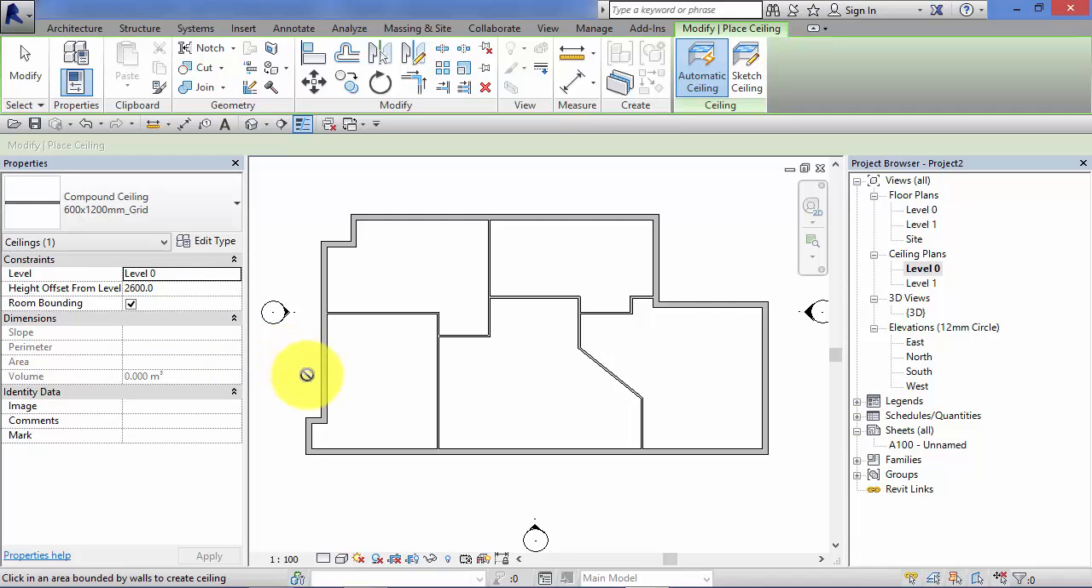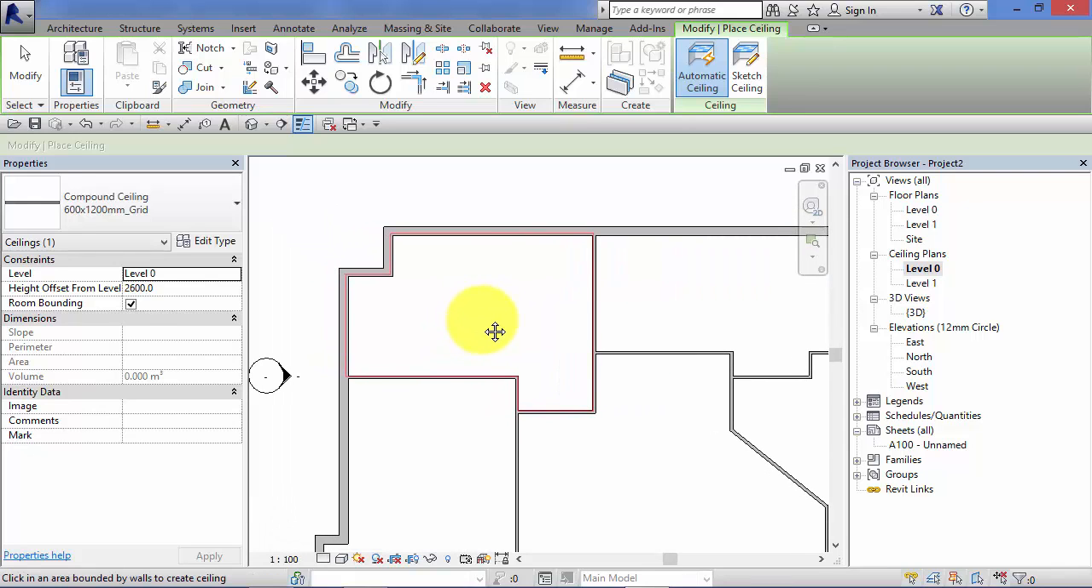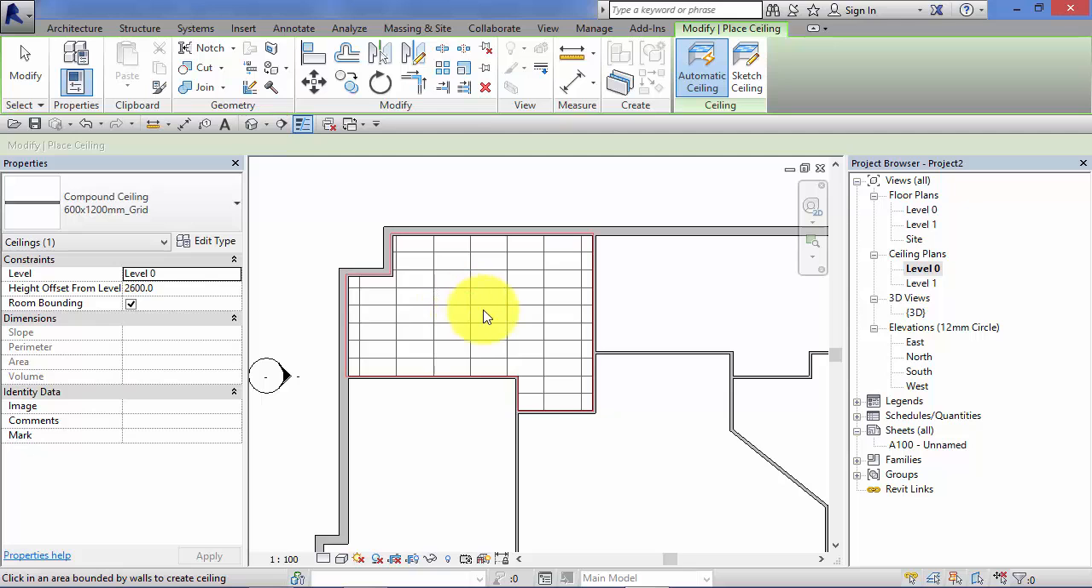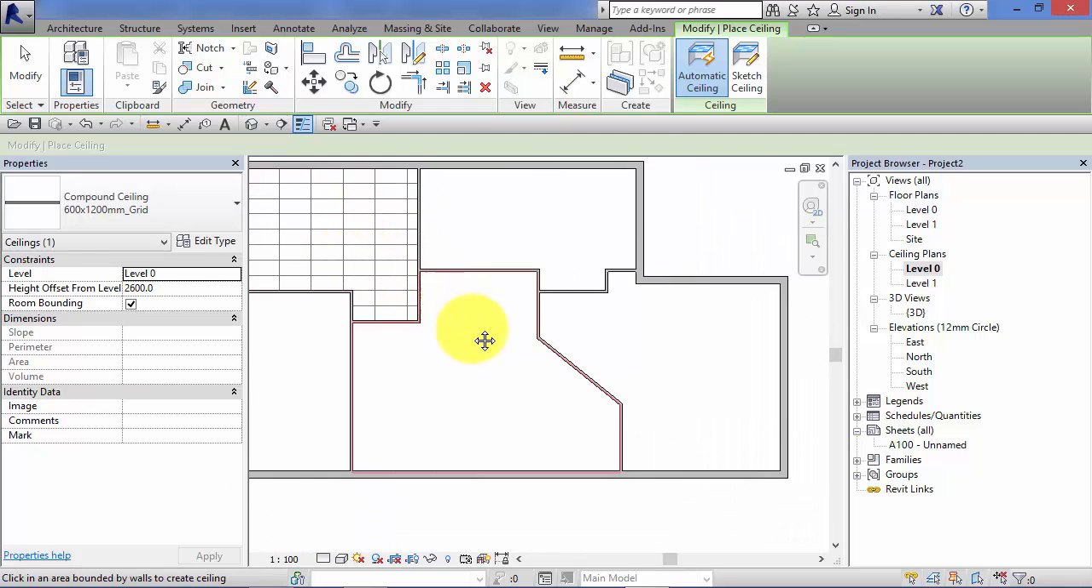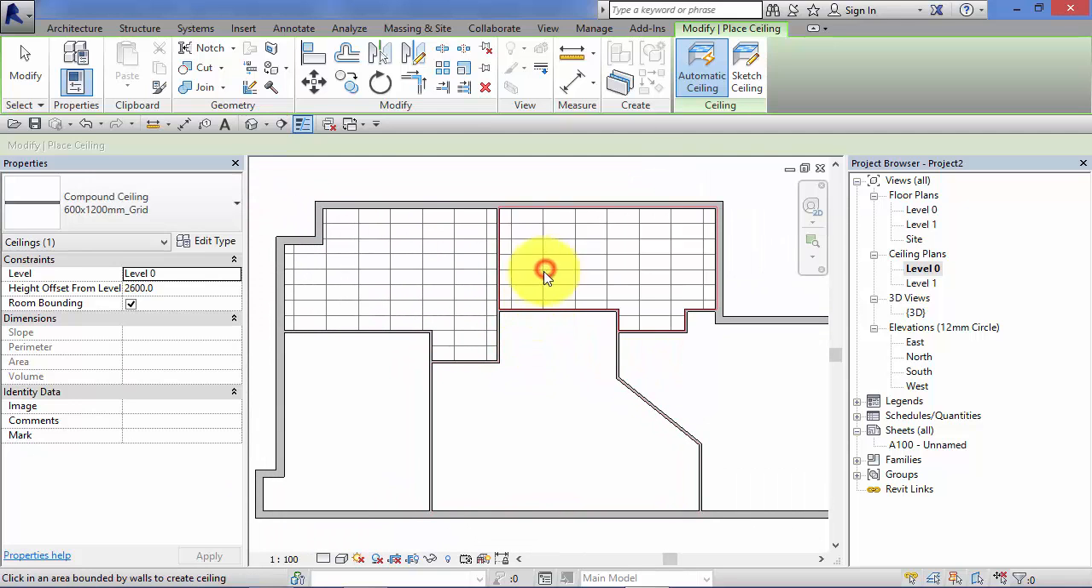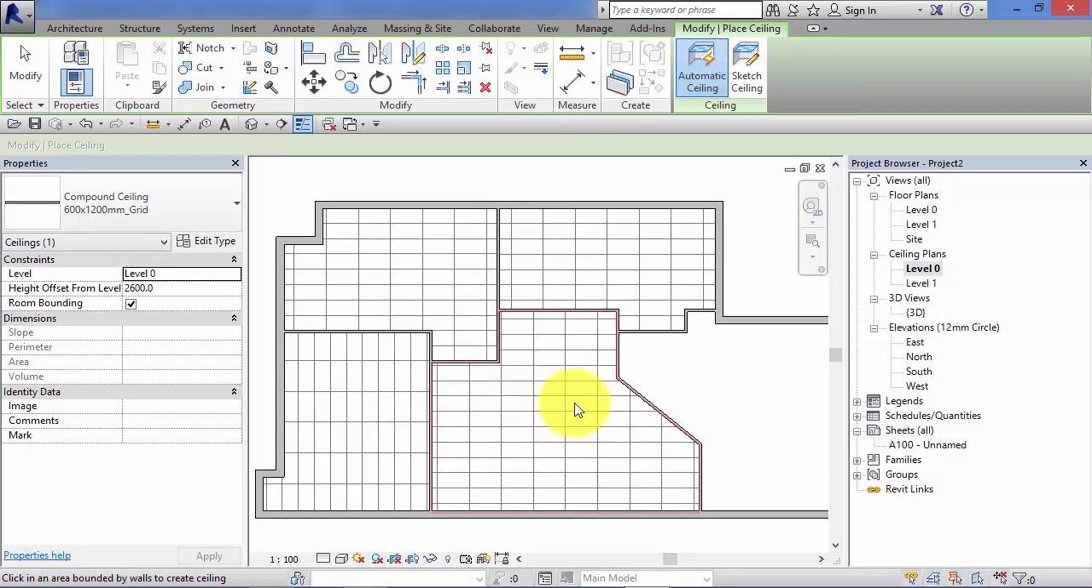And all I need to do now is simply move over my ceiling plan. And if I do that slowly, you'll notice, and I'll just zoom in a little bit to make it clearer, as I hover over, Revit is detecting where the walls are and where it can form ceilings, and I simply click in those spaces everywhere where I want a ceiling element created,